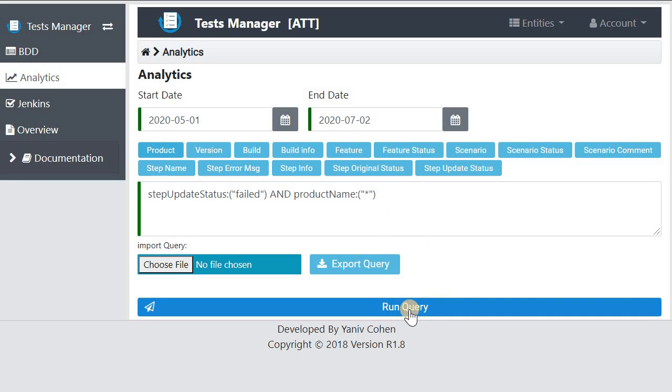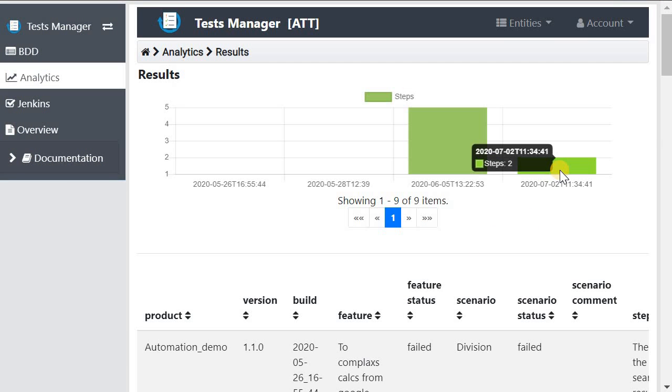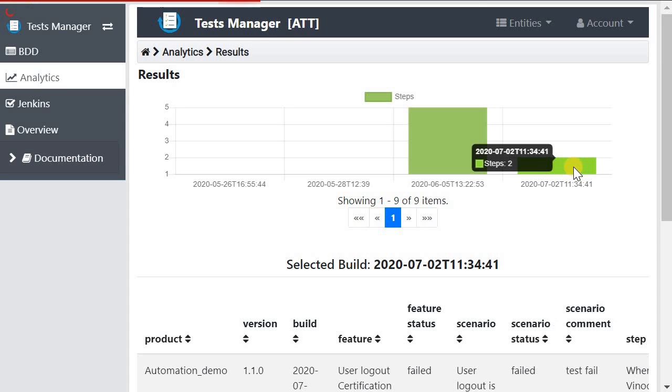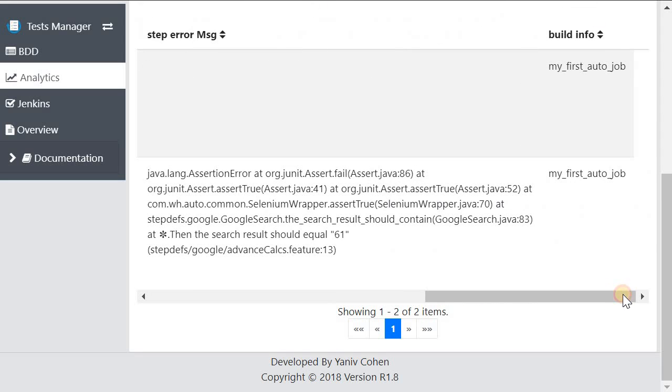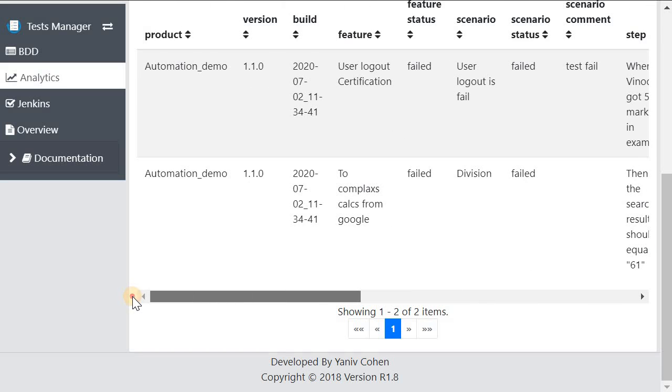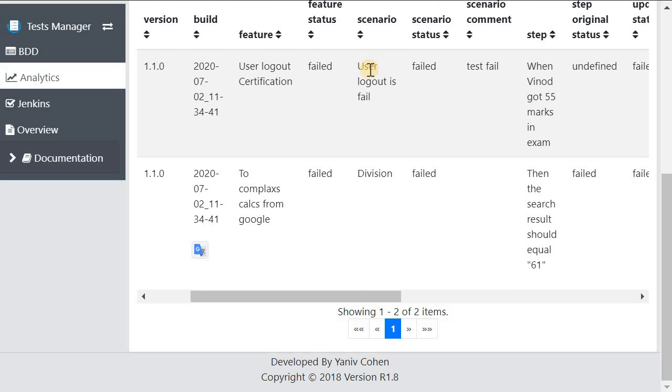Run it. This is my build. I have the two failed tests. I can click on it and select it. My first auto job. This is the automation, and this is the manual, and this is my comment.